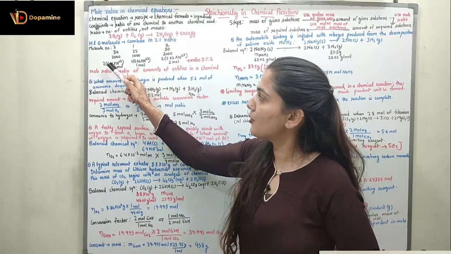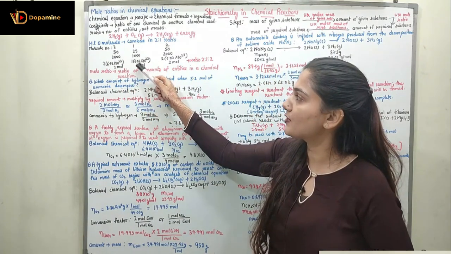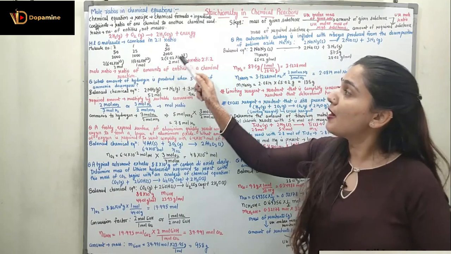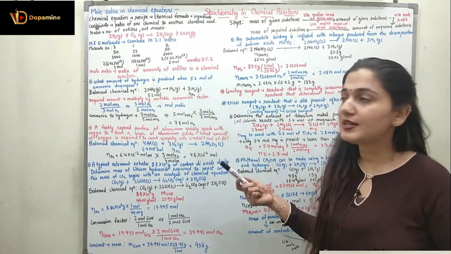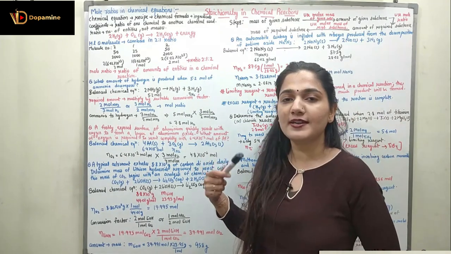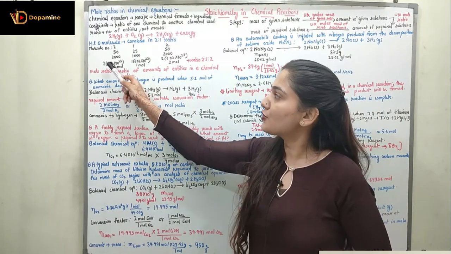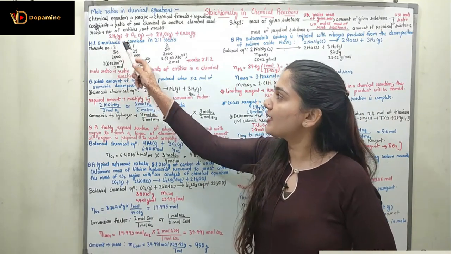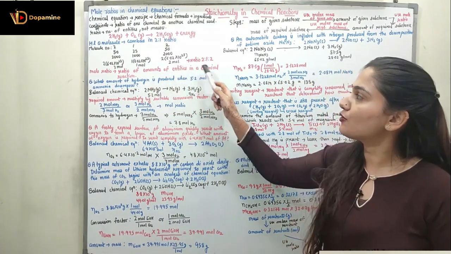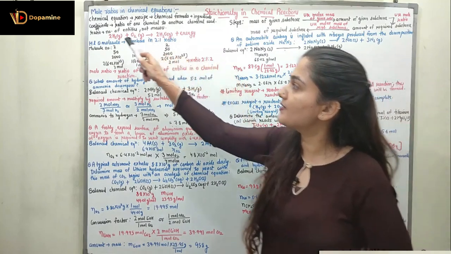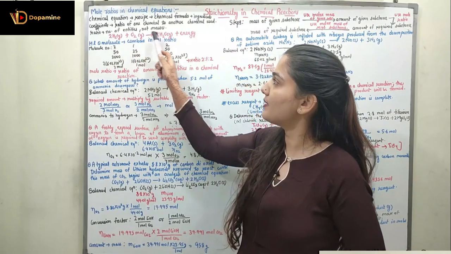So here hydrogen molecules are 2 into 6.02 into 10 raised to power 23. Oxygen molecules are 6.02 into 10 raised to power 23. Produced water vapor molecules are 2 into 6.02 into 10 raised to power 23. So we know 6.02 into 10 raised to power 23 is the Avogadro number, according to which we get the moles. So here 2 moles of hydrogen gas combine with 1 mole of oxygen gas to produce 2 moles of H2O gas. So the overall ratio is 2 to 1 to 2. You can see the ratio is the same as the coefficients. The coefficient here is 2, here it is 1, here it is 2.